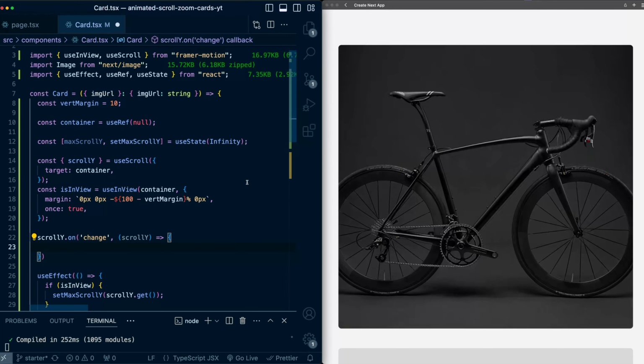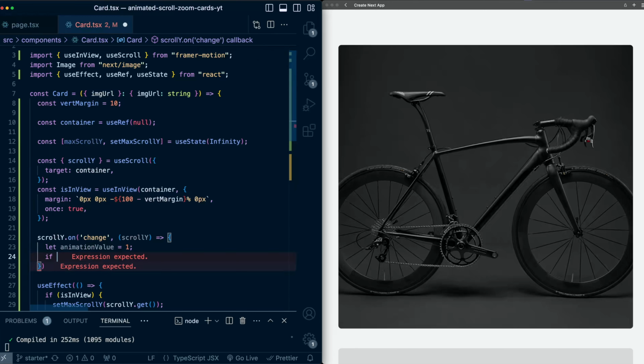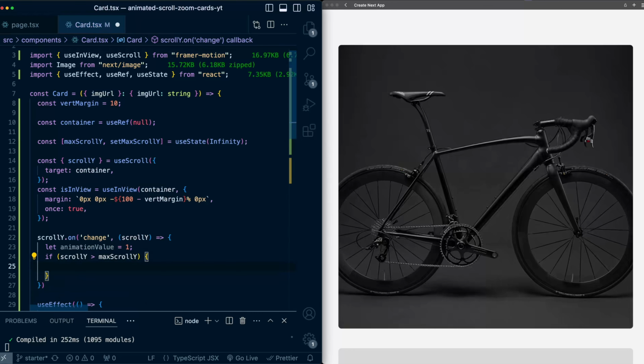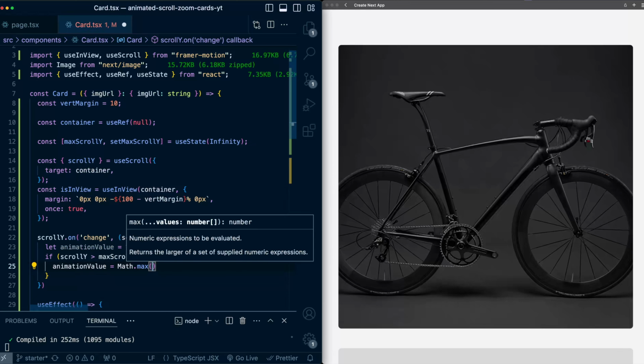And what we'll do is translate the scrollY to some sort of animation progress value that will correspond to the animations that we do after sticky has been hit. So for now, we'll call this animationValue, initially 1. And we'll say if the current value of scrollY is greater than the maxScrollY, so if we have already reached the sticky position of the card, then we will update the value of animationValue accordingly. So animationValue will be, let's say here, Math.max(0,